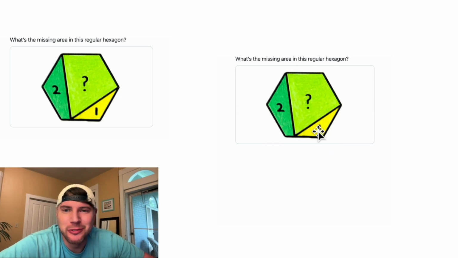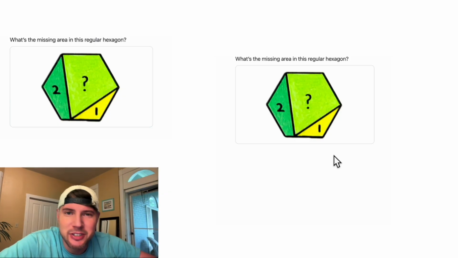Hey guys, this looks like a fun one. It says, what's the missing area of this regular hexagon? We're given this piece has an area of 2 and this piece has an area of 1. If you want to try it on your own, pause it right now because I'm going to solve it in